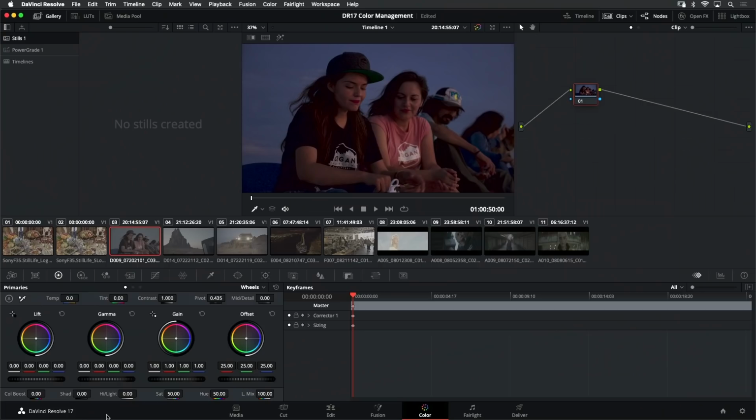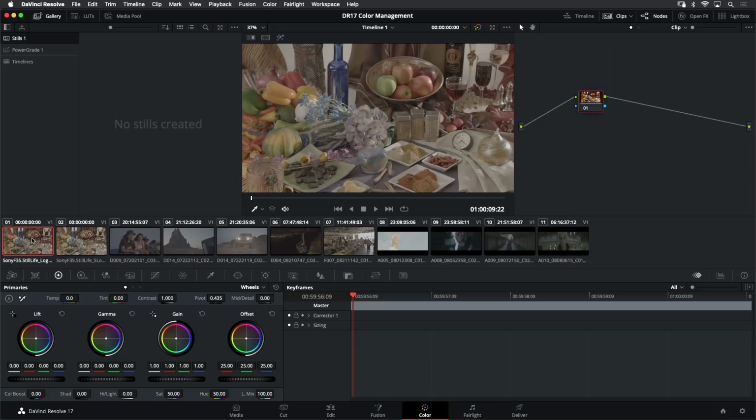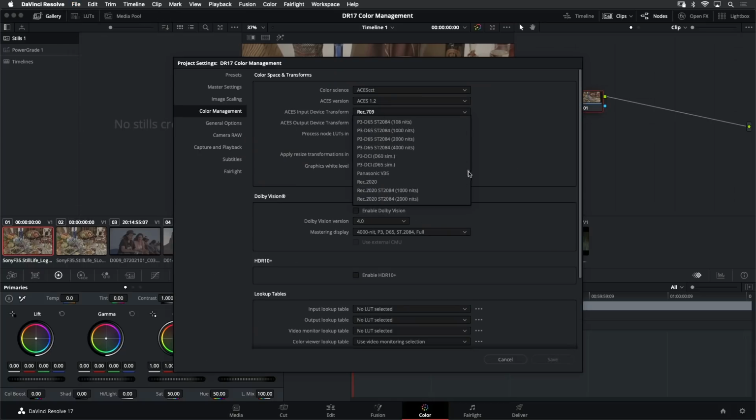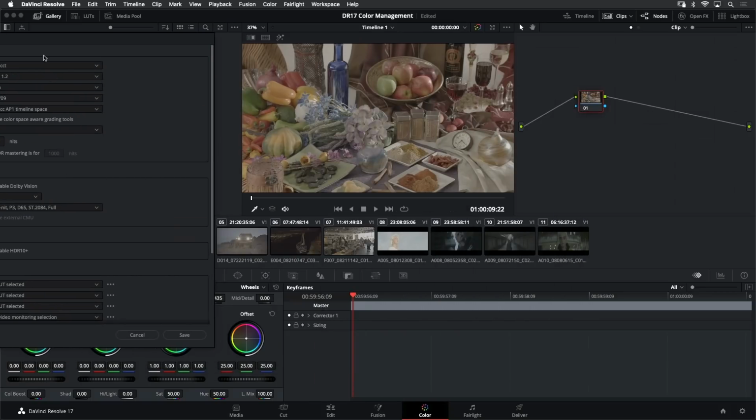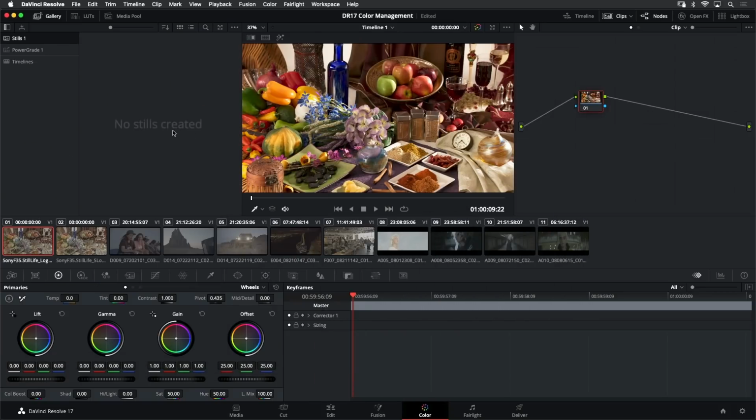With any other format of image or clip that you bring into your project, you want to make sure that it is being mapped appropriately from its initial state. Which leads me to another question. Let's go back to shot number 1 here and once again go to our project settings and restore our color management, where we are starting with Alexa and mapping out to Rec 709, so that when I hit save here, I'm looking at a nice healthy level of saturation and contrast on my image that I can grade underneath.